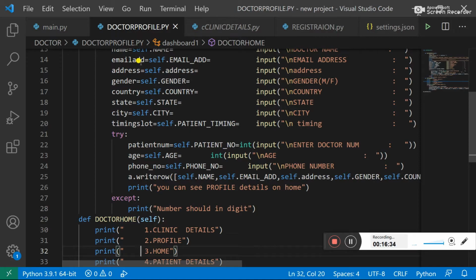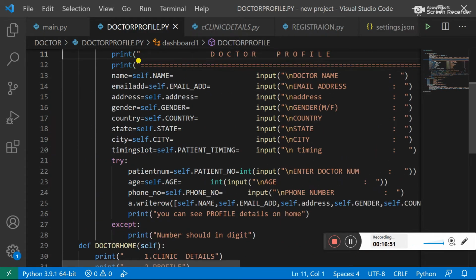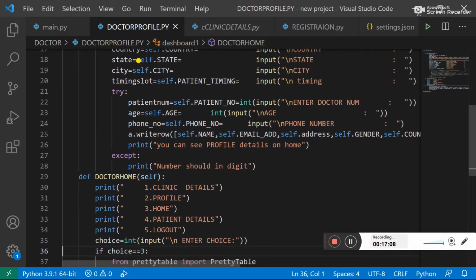After that, in doctor home we can see the doctor profile, whatever we entered: the doctor name, email address, doctor address, gender, country, state, city and time slot, and some other credentials like patient number, doctor number, age, phone number.